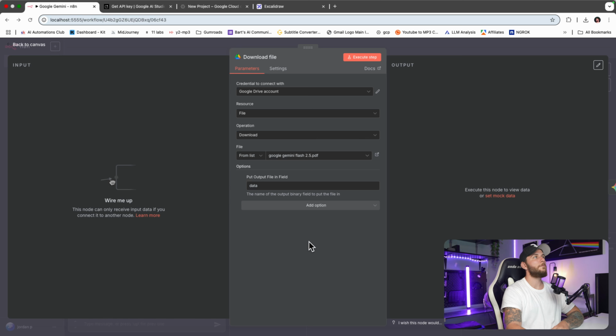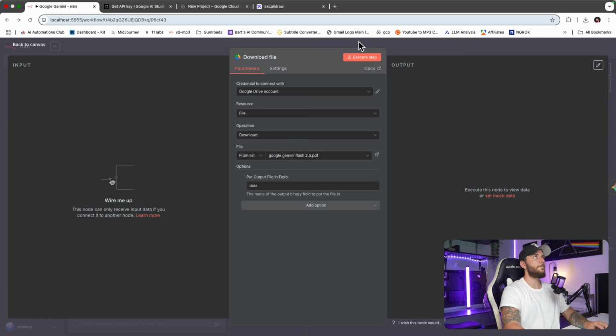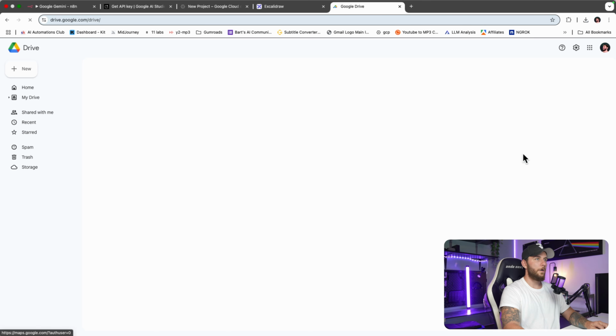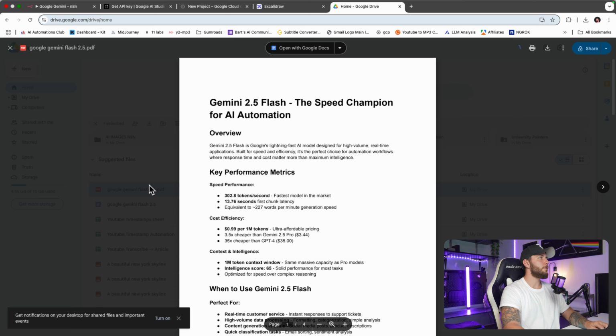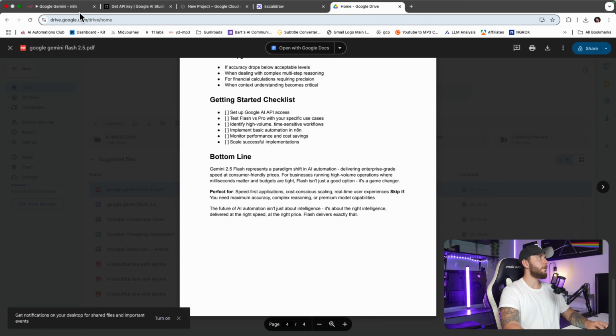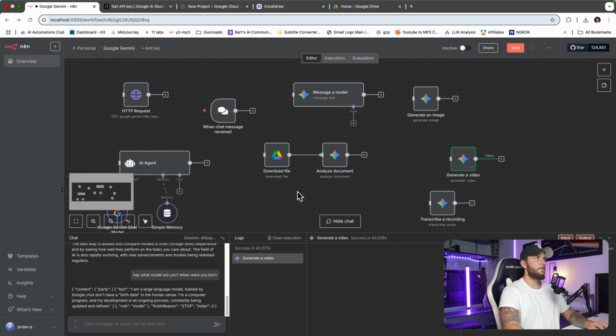It analyzes PDFs. So I've got my Google credentials set up here. If you don't know how to do that, I will leave a link in the description below for that as well. And let's select this one. So you'll just type in whatever PDF is in your Google Drive that you want to analyze. Ours is about Google Gemini. And if I come over here, I'll actually just show you what the document is. And so it's just right here, Gemini 2.5 Flash, Speed Champion, and I just got Claude to write this up for me. But now Gemini has access to it through the download a file node, and then it's going to